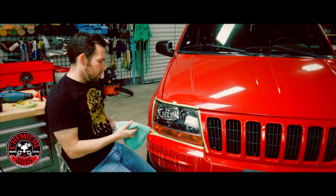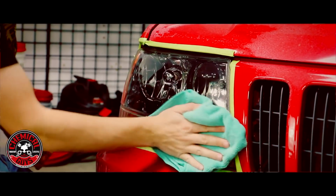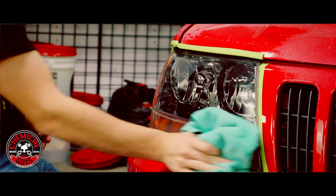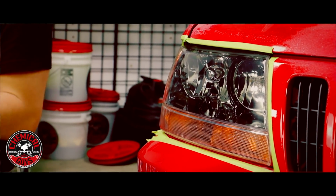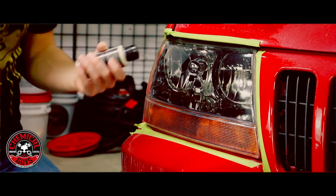There we go. So now I'm going to buff off any remaining polish with a microfiber towel. There we go. Boom. Perfect. Now, the last thing I got to do on this headlight restoration job is I got to put on some